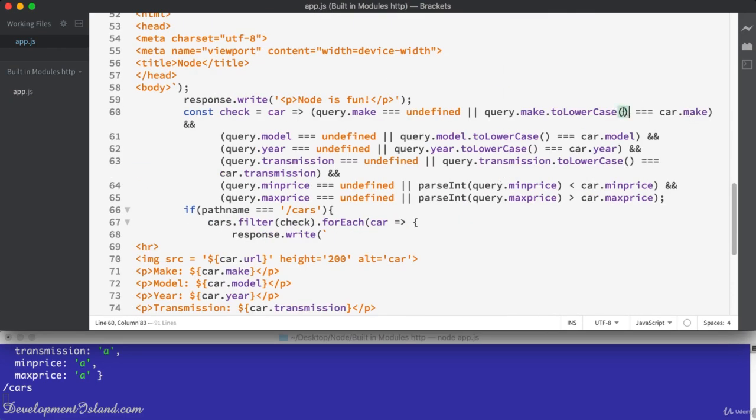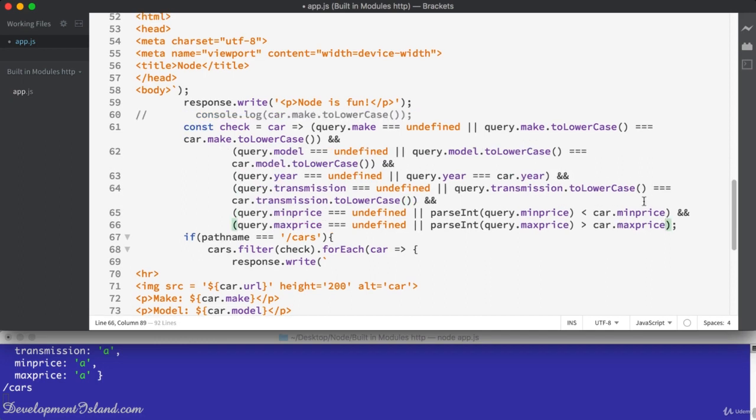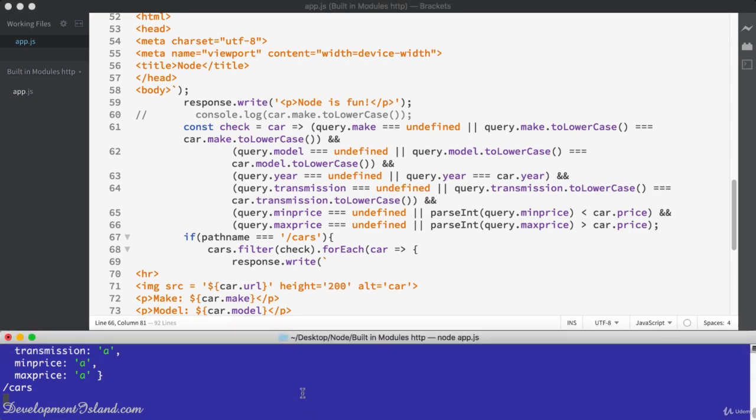So what you need to do, you can just add toLowerCase to all these. So you don't need that for the year, actually. All right. And by the way, this is supposed to be car.price and car.price. All right, so let's save this and restart our app